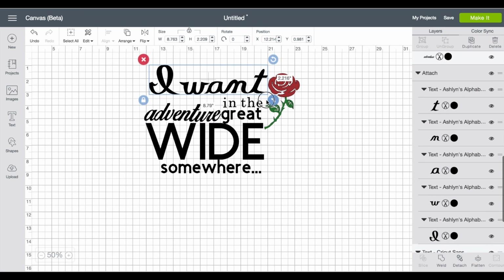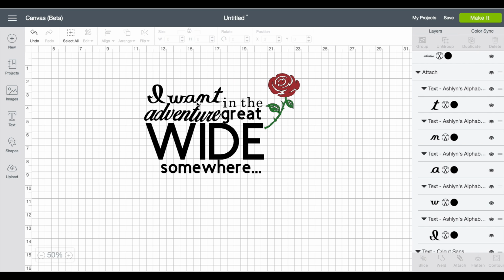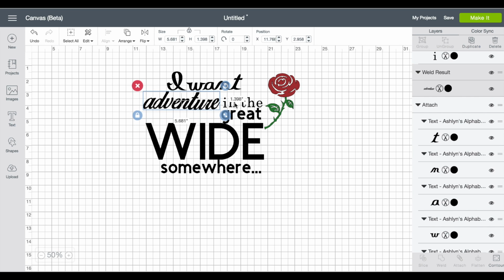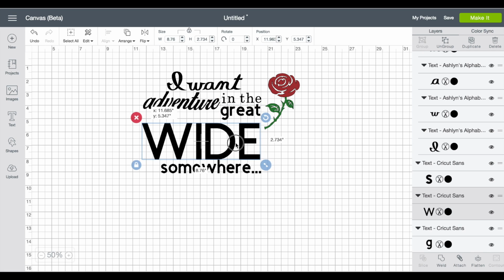And even put I want smaller, but then it kind of doesn't read I want Adventure in the Great Wide somewhere. So you can see how moving it around makes it look better, but sometimes it makes it read differently. So let's do I want adventure in the great